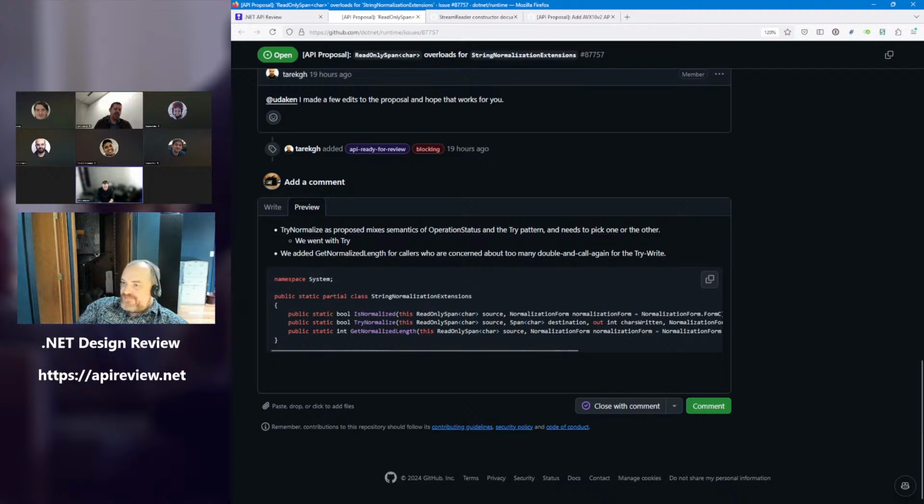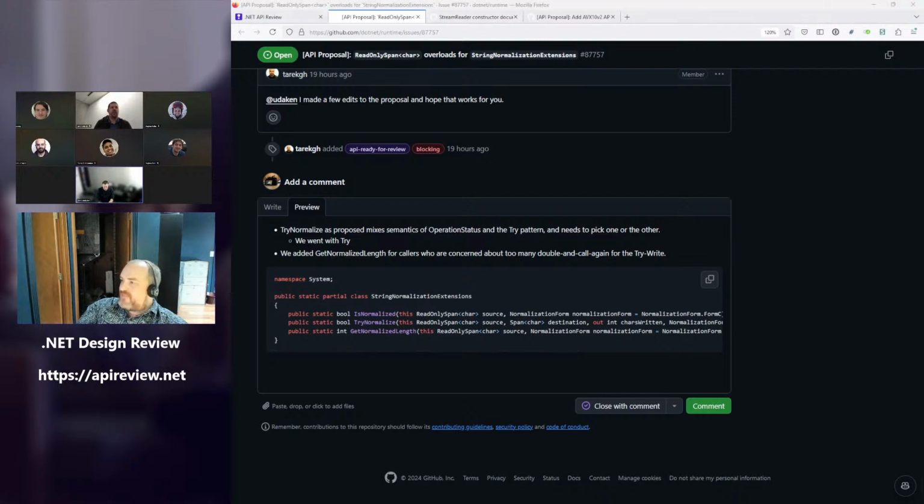But the point wasn't necessarily to litigate all the different ways that could go wrong. It was just to say there are ways beyond the source being invalid that could cause failures, and those would need to be documented, presumably.